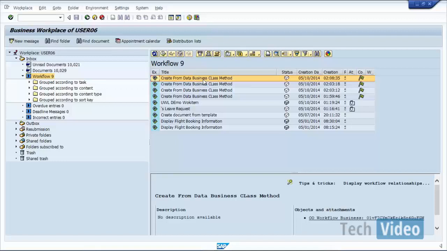So agent or actor is nothing but the same. We call them responsible people who are supposed to execute the task or perform the operation. So in workflow terms, we call them agents or actors or responsible agents. Right, so as soon as the end user clicks on create booking, the whole information is passed to